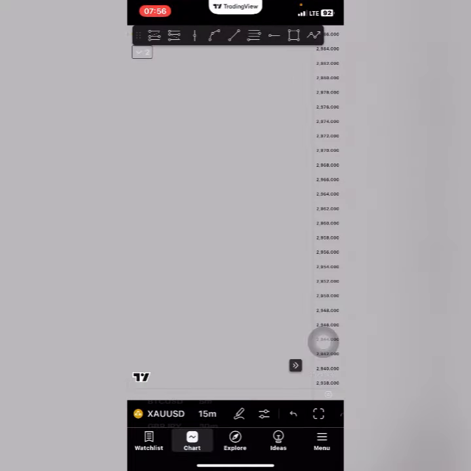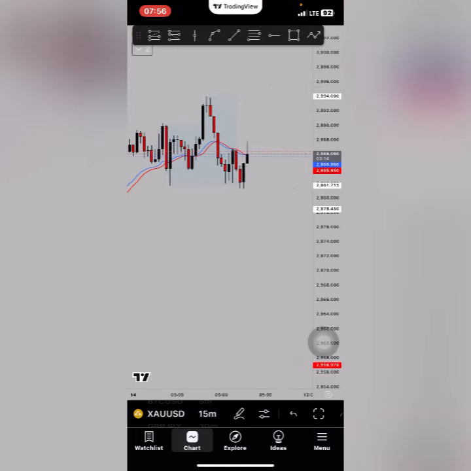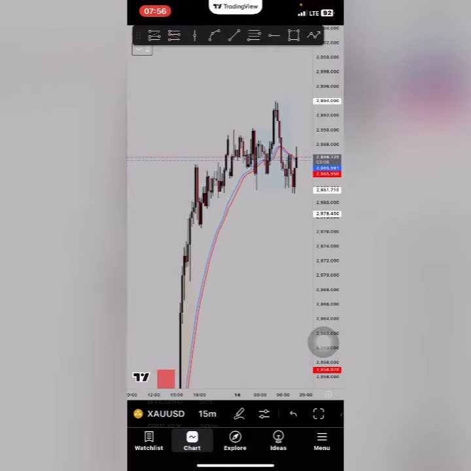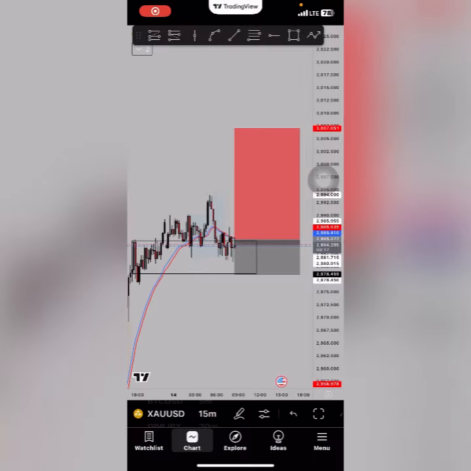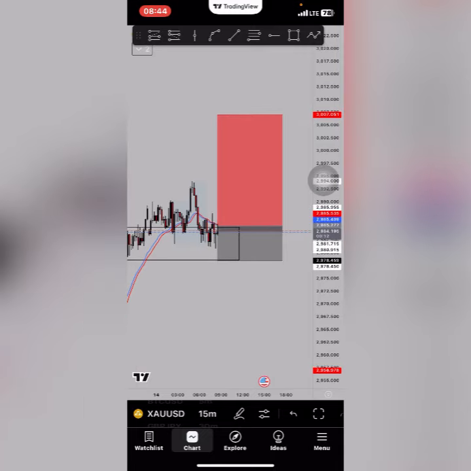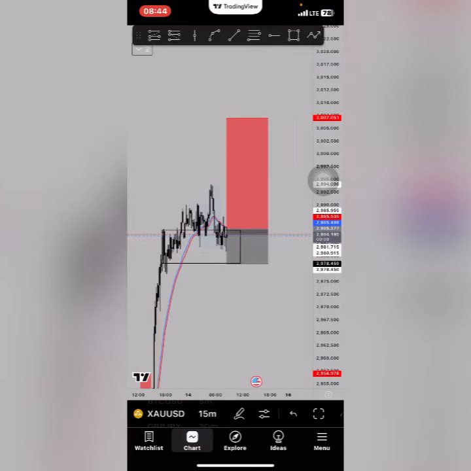I'm just looking and looking. As you all know, gold has made a new high, so I'm just looking for buys right now. But let's just see how it plays, guys. All right, guys, I just set the buy limit on gold, and as you can see, this is the 50-minute time frame. And I think the trade has been triggered, right?